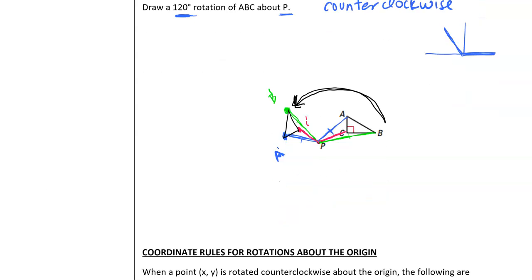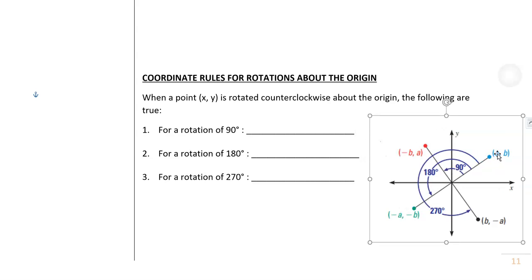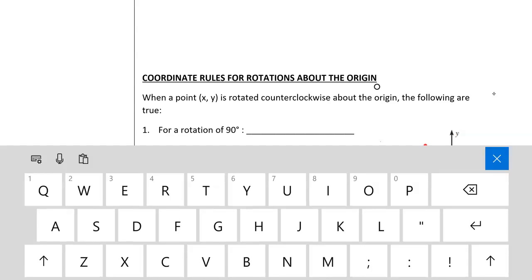Okay, so when we rotate, there are some specific coordinate rules, and this is the part we're going to do with an activity in class. But we can get a little bit of it here with this diagram over to the right here. So if we look at AB right here, and if I want to do this 90-degree rotation,